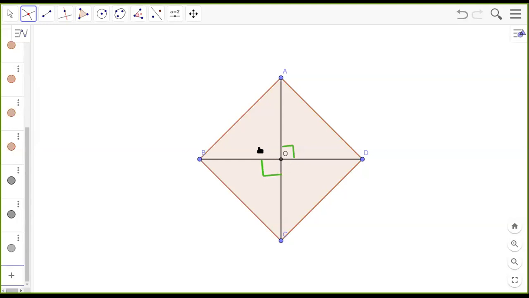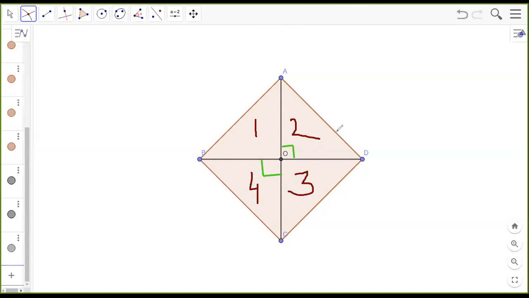Are you seeing four right triangles formed here? Yes, ma'am, because of the properties of the diagonals. Yes. Now I know that in this right triangle, the first one, I'll take it as AOB itself. My AB will be the hypotenuse. So I can write OA square plus OB square will be equal to AB square, correct? Like this, you should be able to get AD square from the second triangle here. Say I'll call them triangles 1, 2, 3 and 4. If I call this triangle 1, this is triangle 2, this is triangle 3 and this is triangle 4.